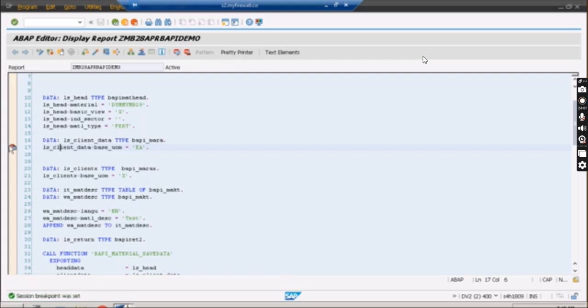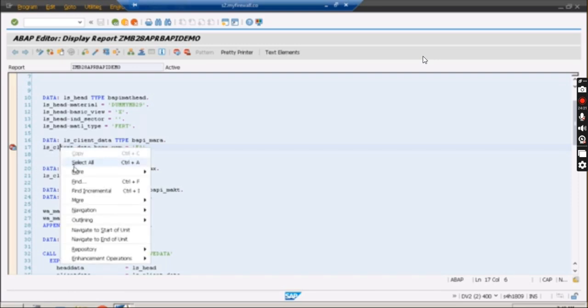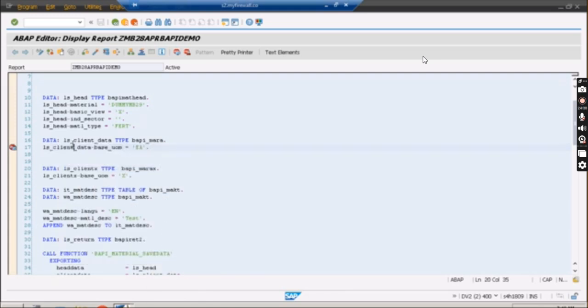By clicking over here, you can remove it, and if you click once again, automatically the session breakpoint will be created. Right click also you can do, and from here maybe you can get some option to put the breakpoint, you can check. But these are the 2 ways we can see.